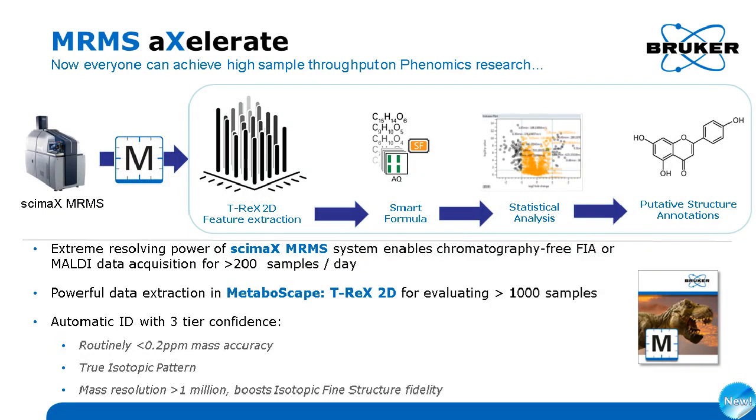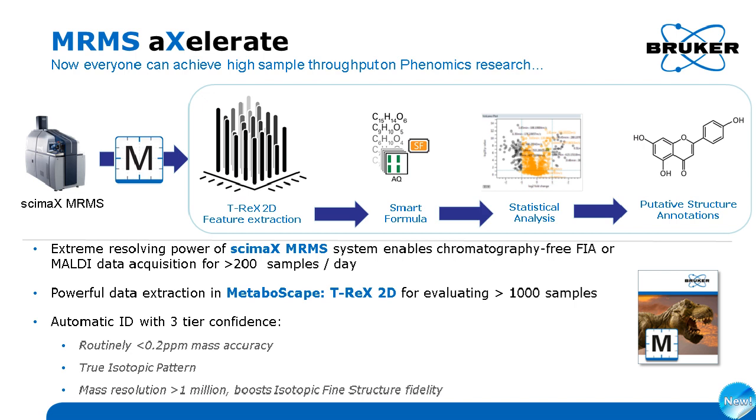So I also want to present the dedicated Accelerate workflow that also Matt already talked about. And this is built on the Solarix MRMS platform. And as you already heard, this platform can provide a very high sample throughput. So you can easily measure over 200 samples per day. And this is done by skipping chromatography completely and just recording one spectrum per sample in this very high resolution